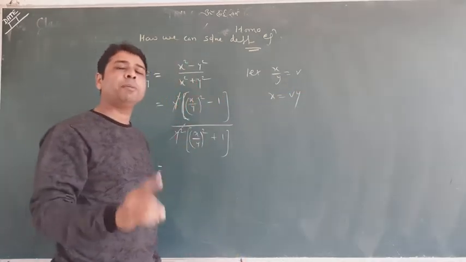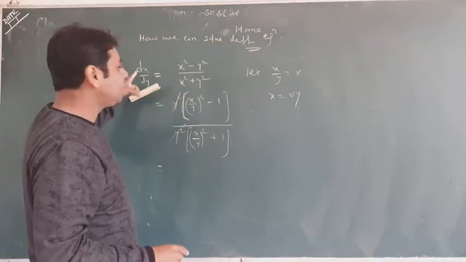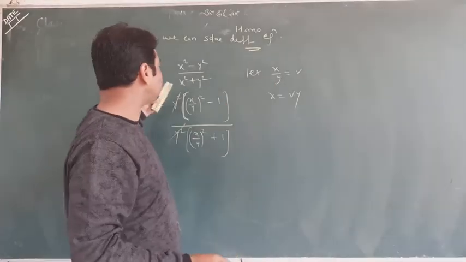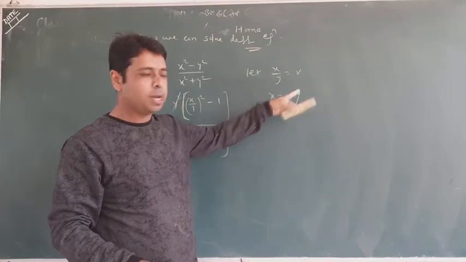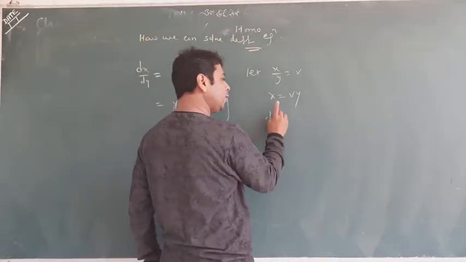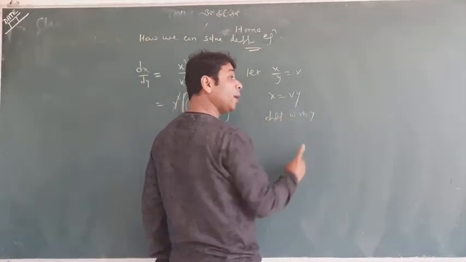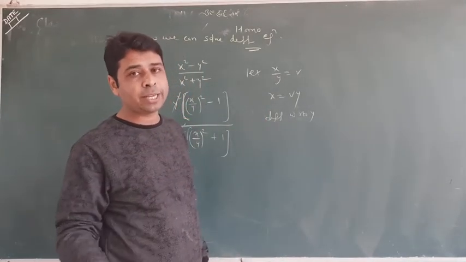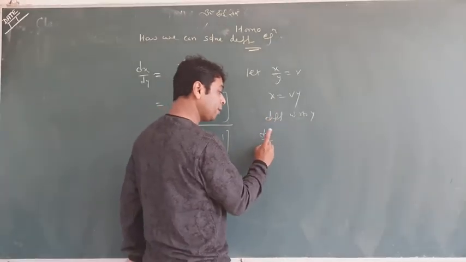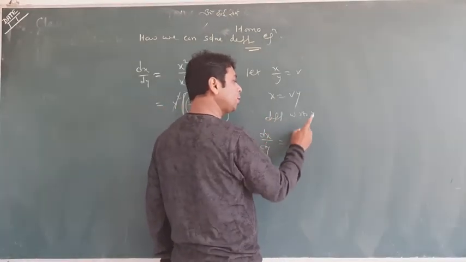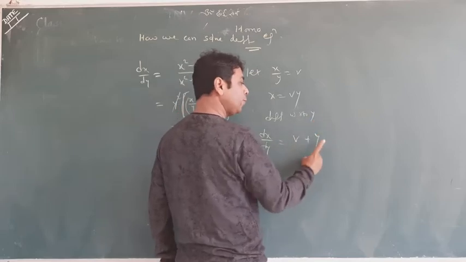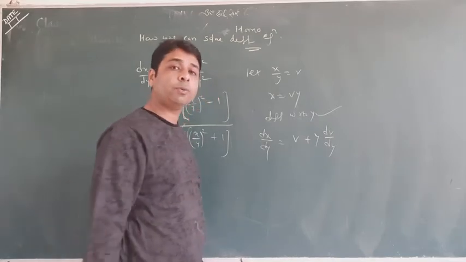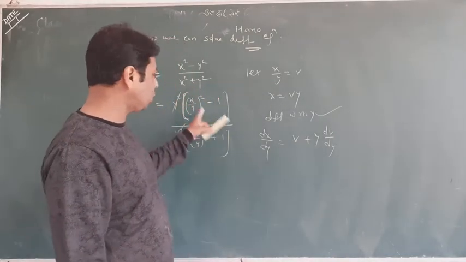You only keep in mind: when the question is coming in dy by dx term, you take y by x equal to v. When the question is coming in dx by dy, you take x by y equal to v. And then differentiate, this time with respect to y. Just opposite. When I took y equal to vx, I took dy by dx. This time I will write dx by dy. Same, first function v, differentiate y with respect to y is 1. Second function is y, dv by dy. Why? Because I am doing the differentiation with respect to y. And I will put all the values in the equation and get the answer.